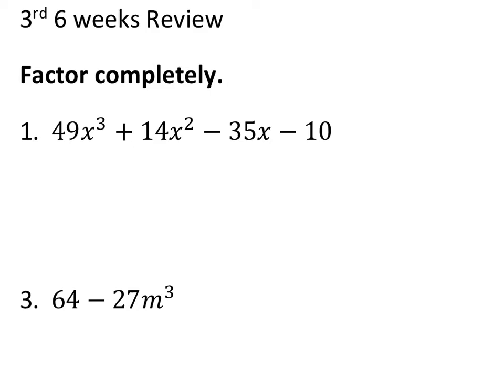All right, this is the third 6 weeks review for Algebra 2 Pre-AP, and we begin the review with a factoring problem where we have to factor completely. With a problem like this, we are going to use the box method, and in each one of the squares of our box, we're going to put one of our terms. So we begin with 49x to the third,